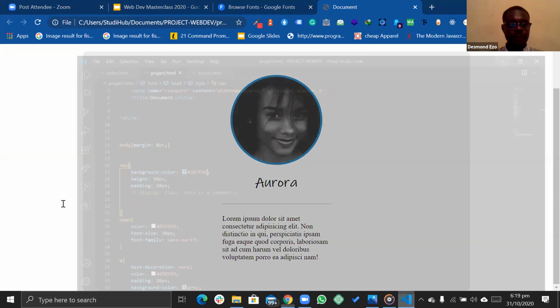Yeah, we know that the text is inside of the p tag. So I want to align this text in a different way. So I want to text align. I want the text to spread evenly. You know, in your Microsoft documents, you have left align.